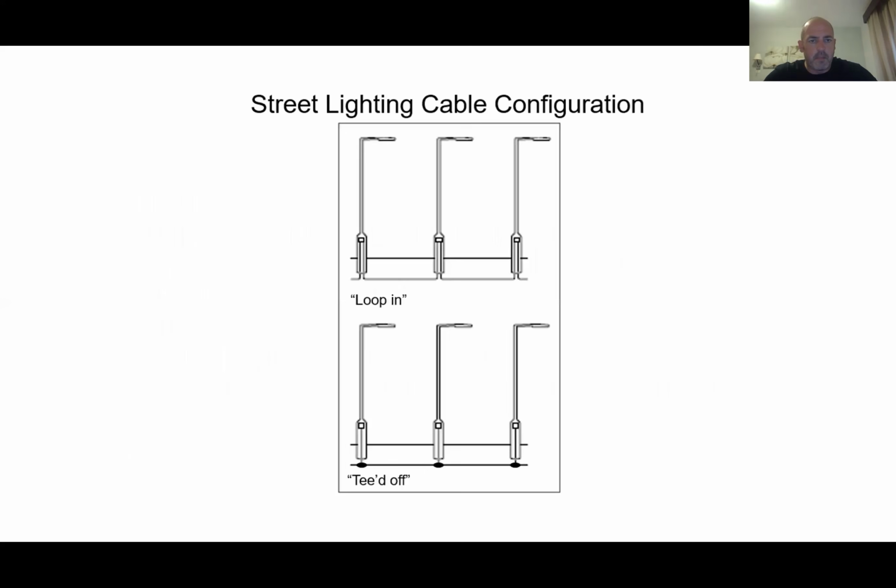So the first thing to talk about is street lighting. Now, street lighting generally works in the UK in two different configurations. We have a loop-in, loop-out system or a teed-off system. The teed-off system is where the column is fed off the LV main, and there's a tee-off branch to it, feeding the cable just as it would feed a house. And the loop-in, loop-out system is where it's a separate dedicated cable. So this could typically be like a council-owned lighting system where the cable is completely separate to the LV and